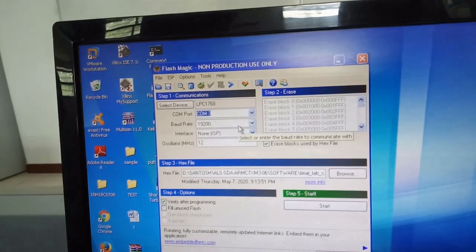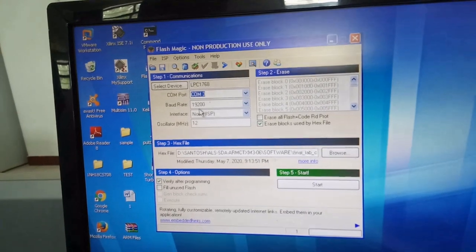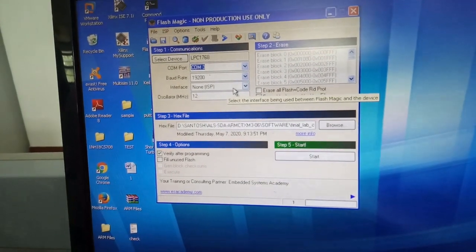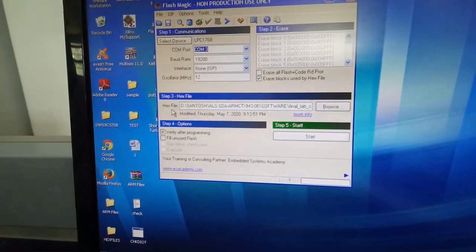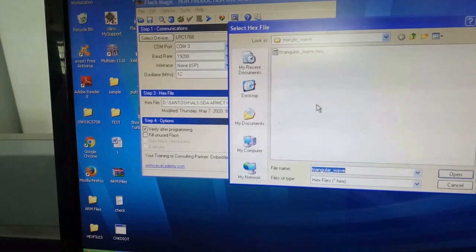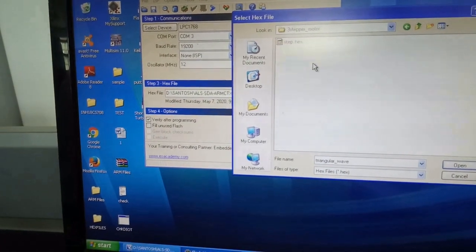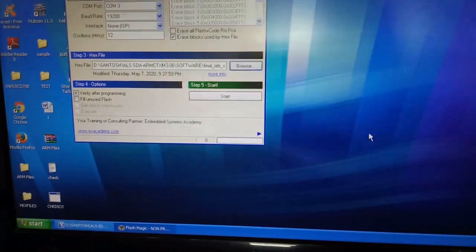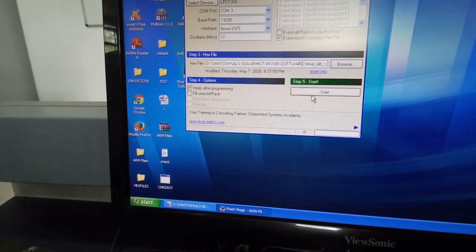It will change from one system to another system. For our system, it is COM port 3. Select the baud rate as 19200 and set interface as none. The oscillator frequency is 12 and for your hex file, you have to select the drive. Go to browse, go to your folder. Mine is a stepper motor program. So select your stepper motor hex file. Then open it. Then put a tick mark for verify after programming. Then say start. Now the program starts downloading